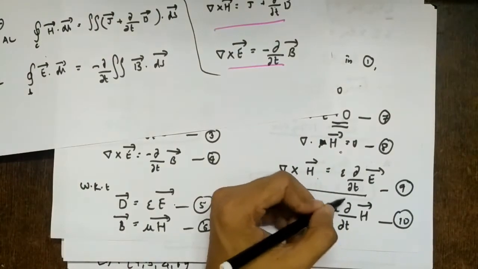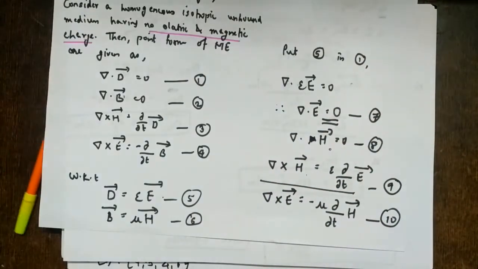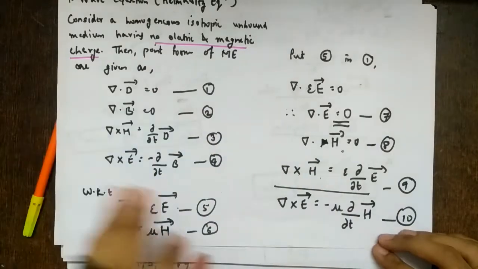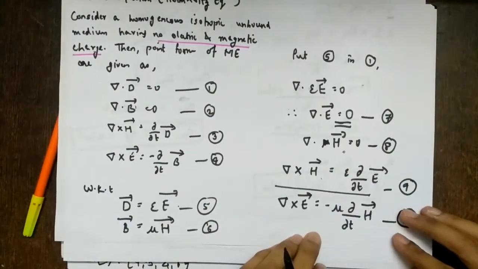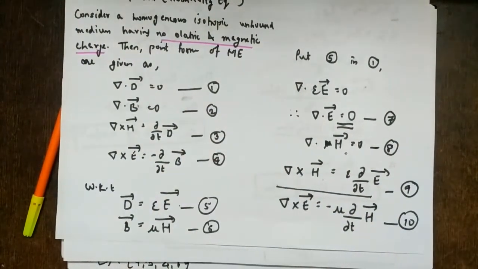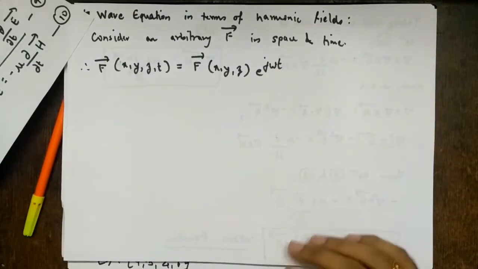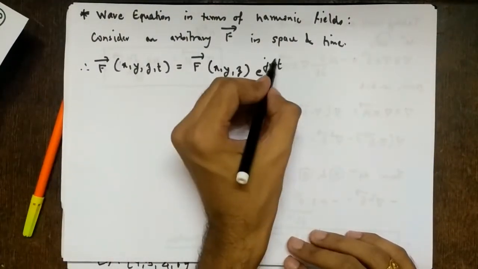In most of the equations, especially in the next semester, we'll have the antenna and radio wave propagation course. There you will see many such equations, more complicated than this, but you will never see a time t there. What is the reason? You know that somehow through the antenna the wave will propagate, the signal will propagate. It will obviously depend on time, but you don't see any time term there. So it is an implicit term.